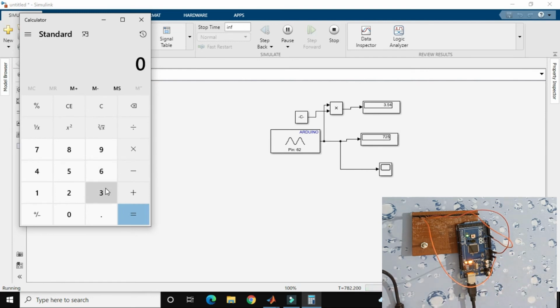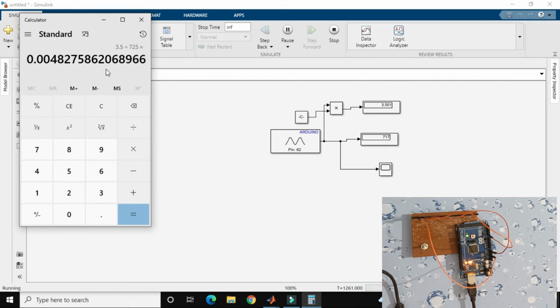The value is 3.3 volt on the board, but in MATLAB it is 3.4 or 3.5. So I use 3.5 divided by the maximum value, which in this case is 725. You have to use this formula for the calculation.